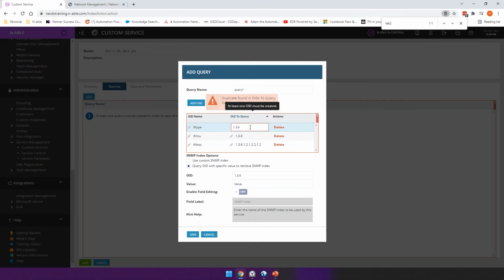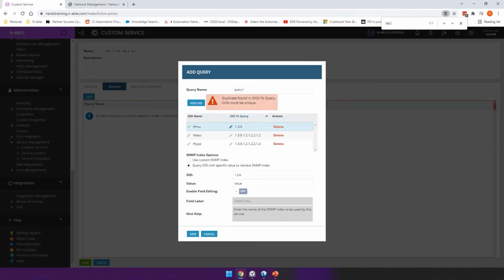The type is going to be 1212213. And finally, the MTU is going to be .4, so .1212214, like that. These are my 3 OIDs, and the last digit will be my index. Where do I get the index? From this guy. So now I have to tell him the index will come from